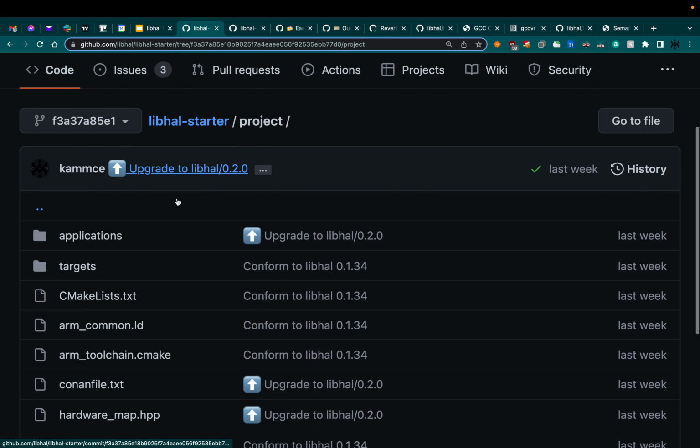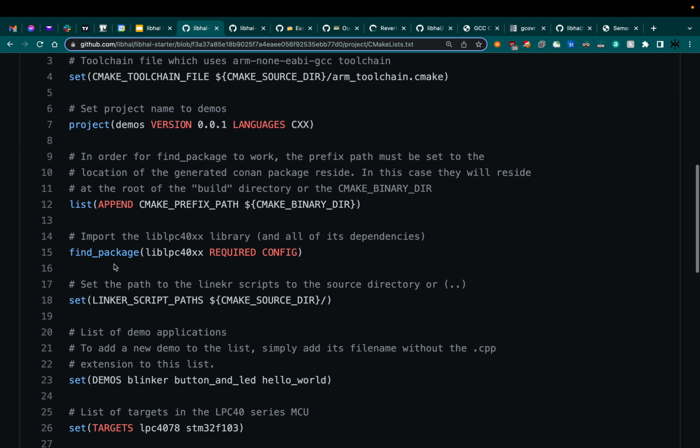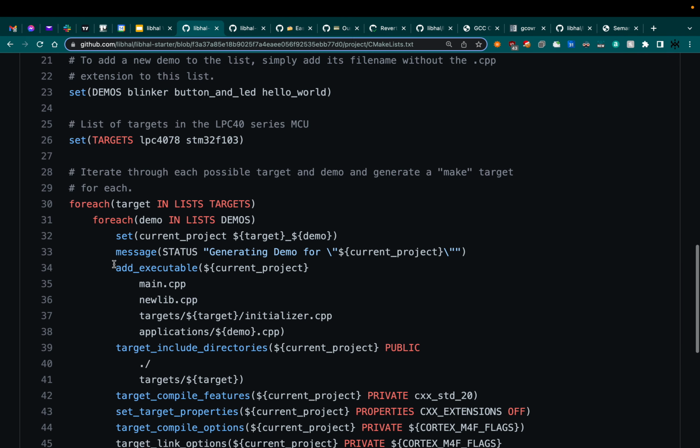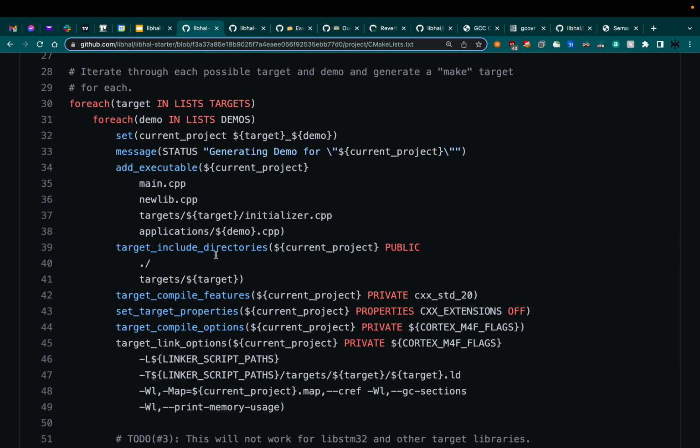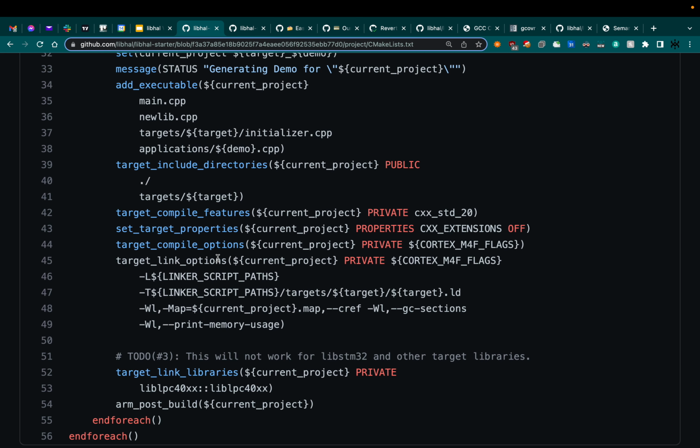And then our CMake file is a bit interesting. We have that double for loop we saw from last week, where we have our targets, and then all of our different demos, and we basically just double loop, build all these, and then you're pretty much good to go. There is one consideration, which is this will not work for libstm and other targets. To some degree, it should or should not work. So this technically should actually work with all targets,